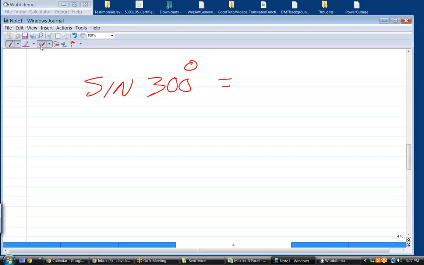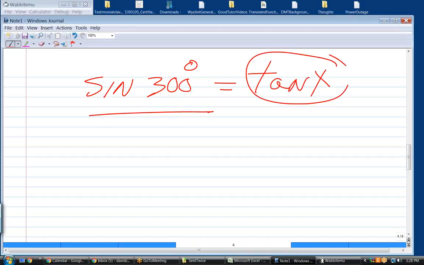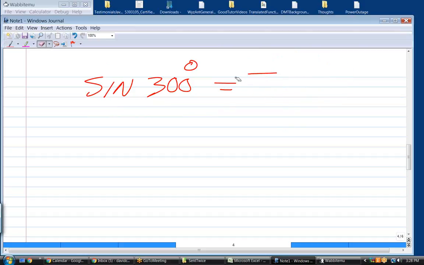Well, to solve, that's not really a trig function. What that is, is an expression. In fact, that's a ratio. In order to have an equation, you've got to have an equal sign. So I would have to have something on the other side, equals tangent of x, maybe. Now I could solve for x like that because this turns into a number, and then I can take the inverse tangent of that number. So it might be an equation, but if it's just an expression, and it sounds like it might be,